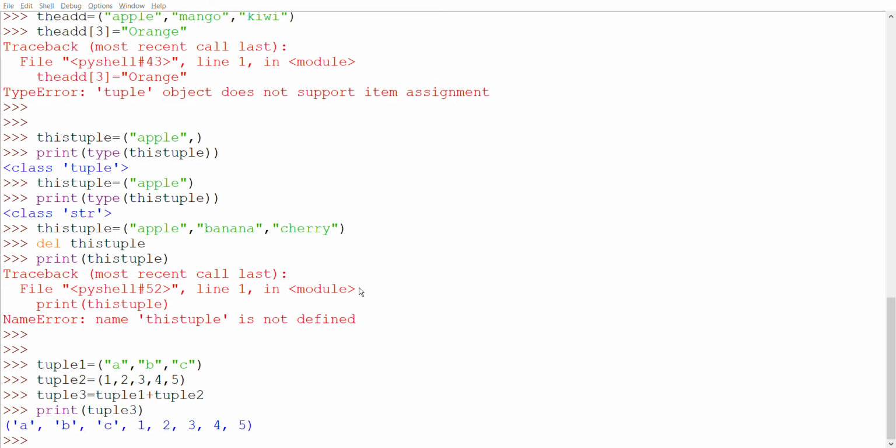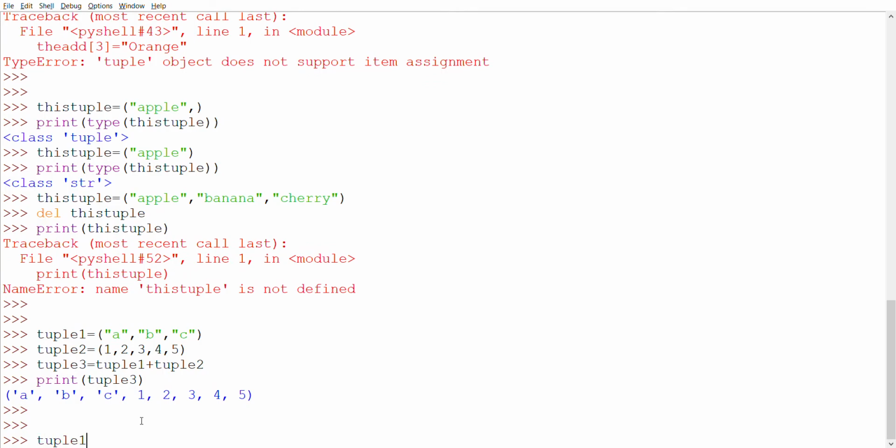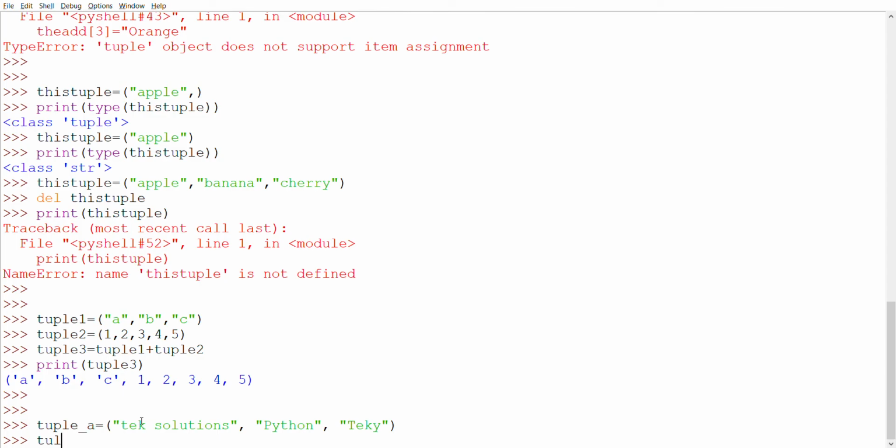Do you want to see one more example here? I will show you. Tuple A is Take, Solutions, Python, and tuple B is Take, Key, Take, Python.